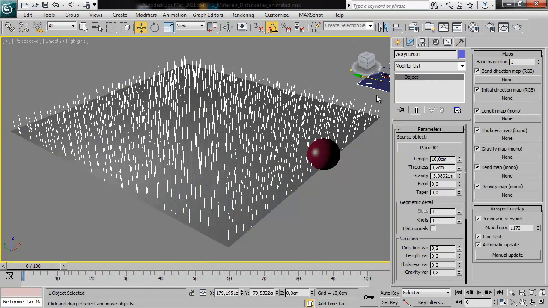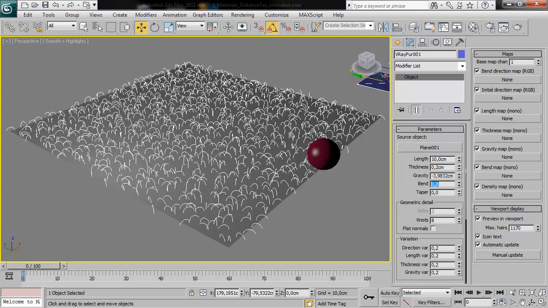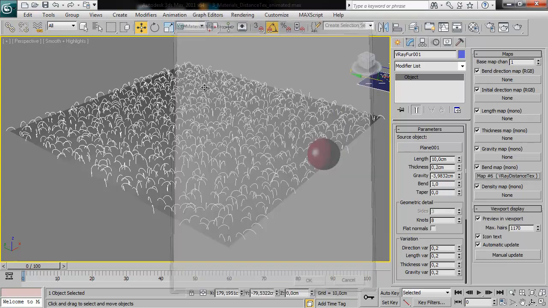So I'll start setting this up by selecting the VRay fur object, and then I'll adjust the bend value to what I want to be the maximum bend the grass can have. And then I'll be controlling the amount of bend with a VRay distance texture in the bend map slot. So I'll assign VRay distance texture here,